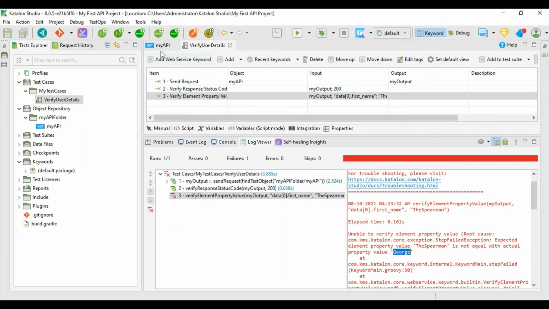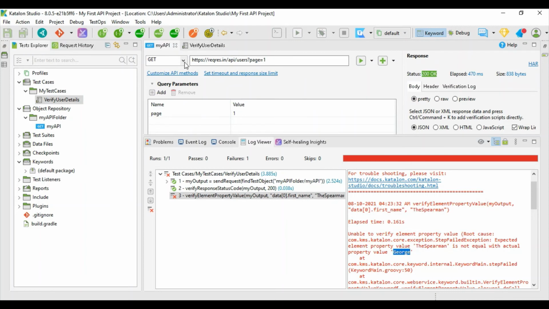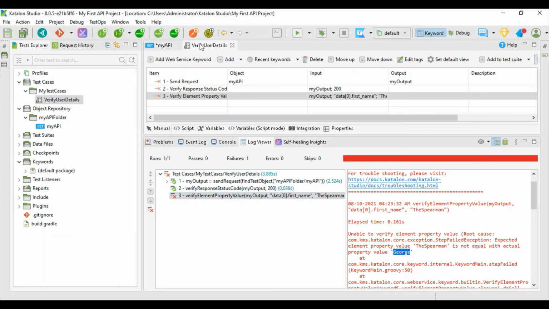So again, we just had our get. It also has post, put, patch, delete, and moreover we should have some kind of authentication as well. We'll try to see if we manage in Katalon, otherwise we'll move back to Postman for sure.